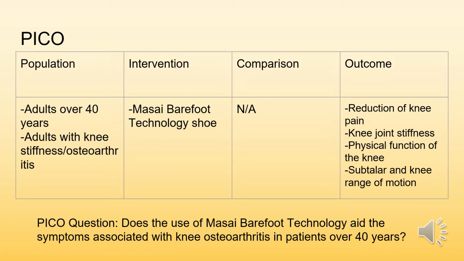For PICO, the population was decided to be adults over 40 years of age who had osteoarthritis or any other knee stiffness. The intervention was the use of massage